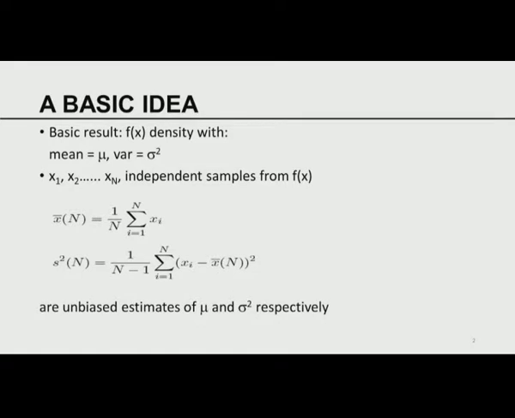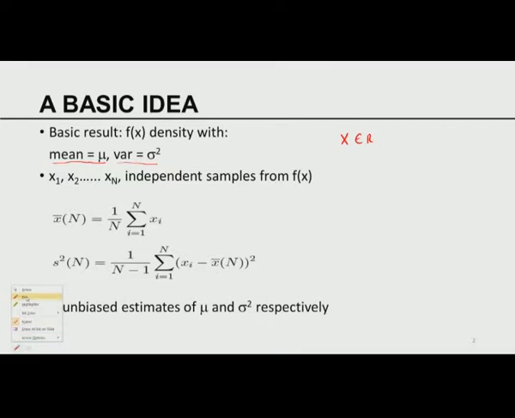So what is the basic idea? Let f of x be the density of a random variable x. Let x be a vector in R^n, and f of x the probability density. Let us simplify this and assume we have only a real random variable to start with. Let x be a real random variable and f of x be the density function for the real random variable with mean mu and variance sigma square.